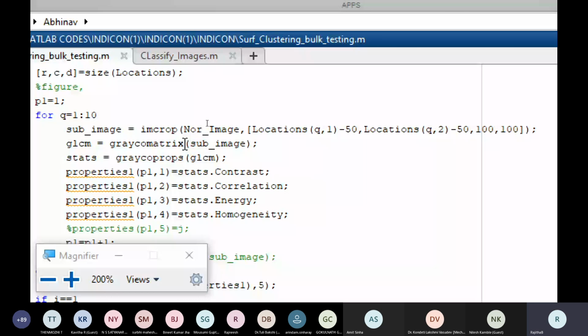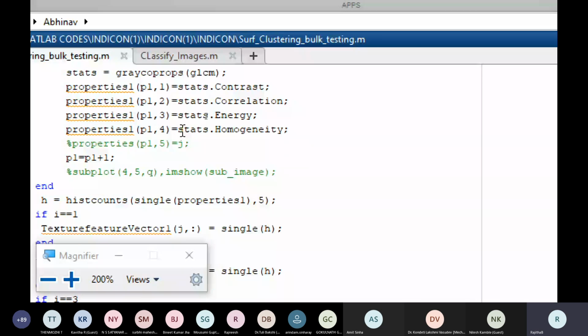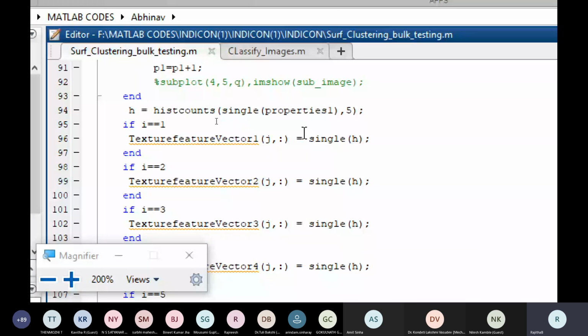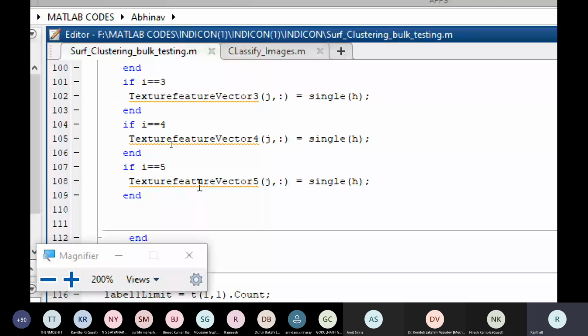From that, I've extracted the features of contrast, correlation, energy, and homogeneity. Again I got the features of first category, second category, third category, fourth category, and fifth category. Now I have all the features of all the categories.